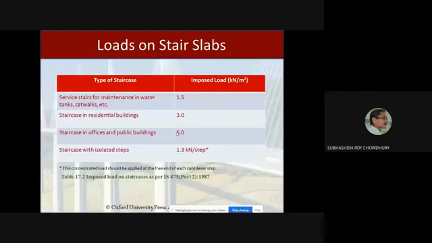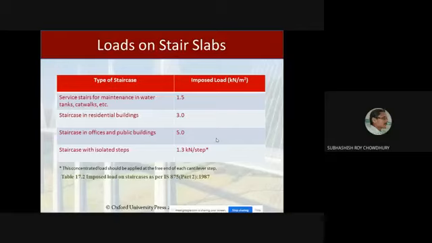Okay, and for the isolated steps that I have shown, some specific guideline is given, but mainly we will consider 3 or 5 for designing the staircase. Now these values are available in IS 875 part 2. You know this IS code, where the intensity of live loads that you should consider in the design are mentioned. So you should follow this IS code to get this kind of values. At this moment, you should remember that in case of residential building, we will consider the intensity of live load as 3, and in case of public or office building, it will be considered as 5.